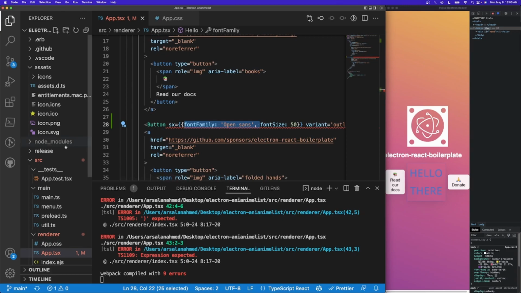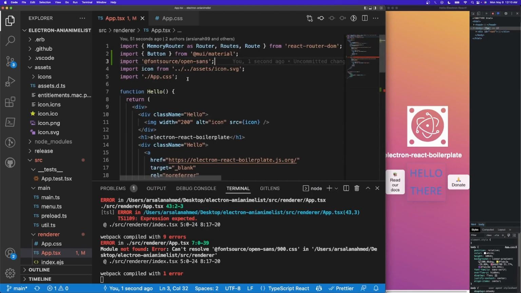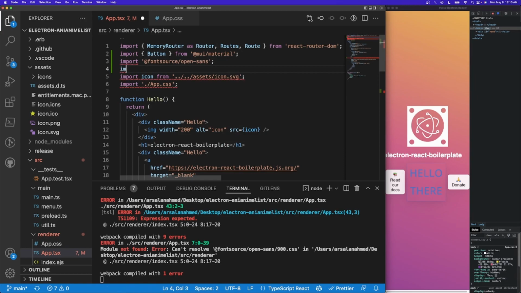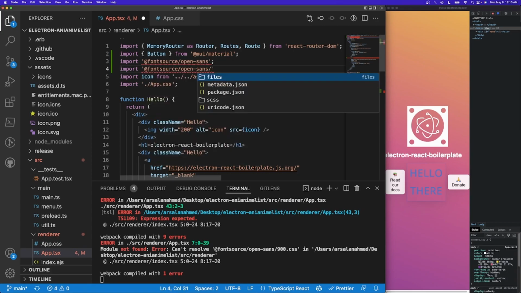Now how do we actually change the italicizing and all that sort of good stuff? Alright, so working with adding font weights and font styles is pretty simple. We have to go according to the documentation of what it applies. We have a specific amount of weights available for each font. For this one, we have 300 all the way up to 800, and we have normal and italic. The way we can use this is at the very top of our file, underneath this import statement, we need to import exactly the weight that we want for this font. So I'll do @fontsource/open-sans/800.css